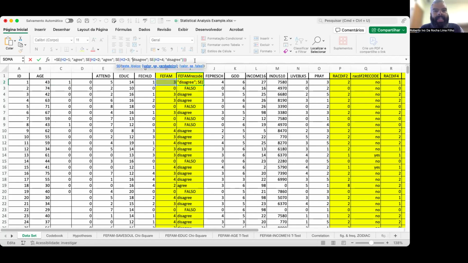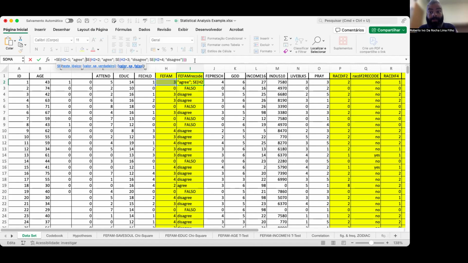Basically, what it's saying here is, look, if my column age equals 1, it means agree. So basically, I'm saying if my column age is agree or strongly agree, it's basically agree, we're gonna say agree, right? And the true is gonna say agree, but the false, oops, the false I have a little bit